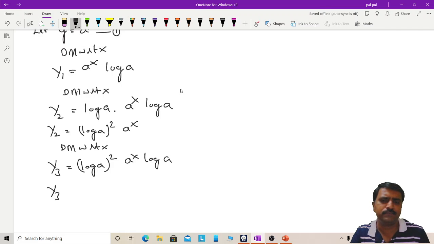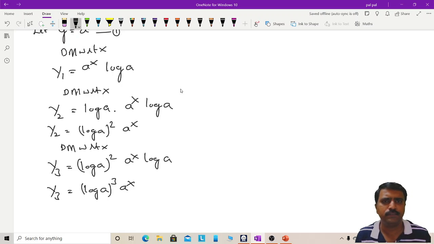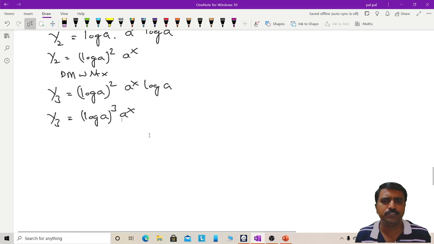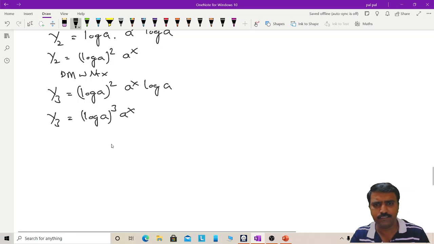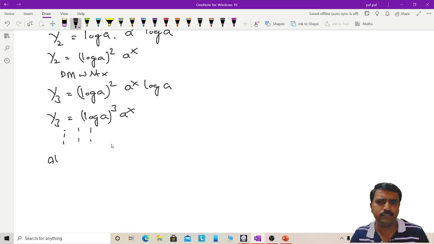That is y3 is equal to log a whole square into log a, which is log a whole cube, into a to the power of x. This is the differentiation of y2, that is y3. So if you go on continuing like this, at the nth step we get